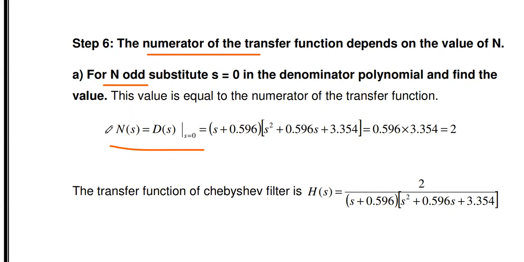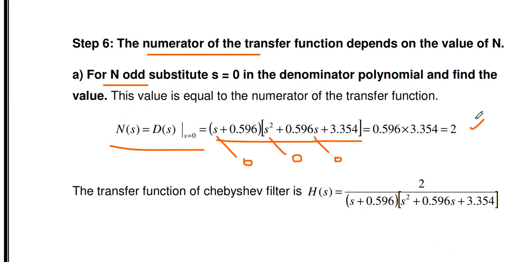So the numerator polynomial is nothing but the denominator polynomial with s equal to 0 substituted. So we will get one value, and that value is the numerator polynomial. So you see this is the denominator polynomial. In that, instead of s, you substitute 0. So here 0 means we get 0.596 multiplied with 3.354. So we can get the answer 2. Okay, so the numerator polynomial we derived,